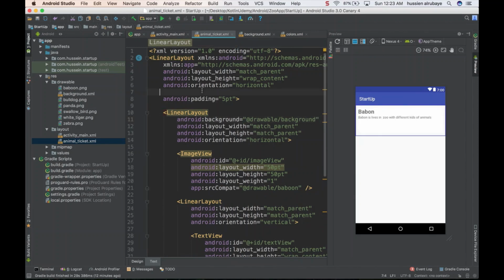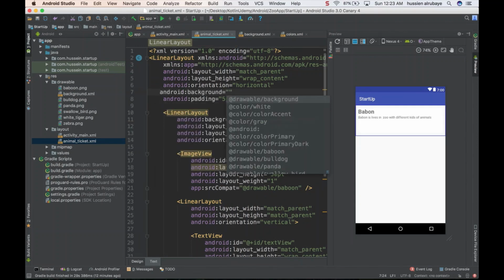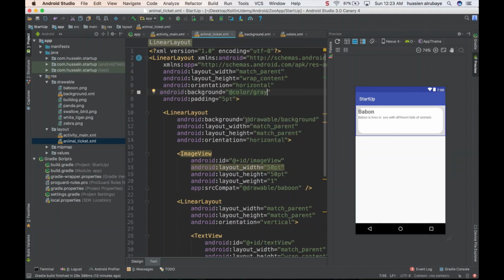And this one, I will give it a background from the color. I say, hey, add color.gray. I give it a gray background. See how it is? Look at that, that's good. So now you understand what I did. I just said, hey,